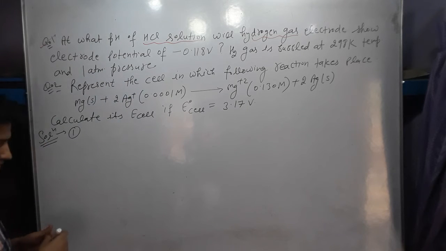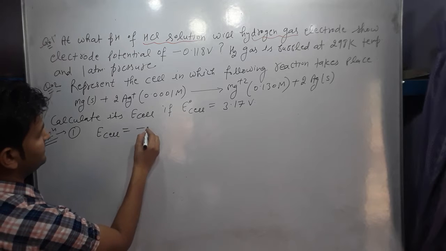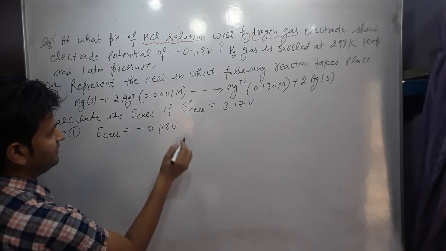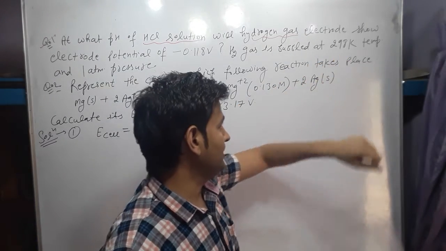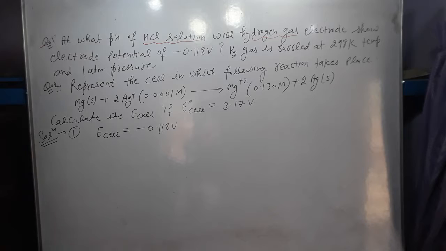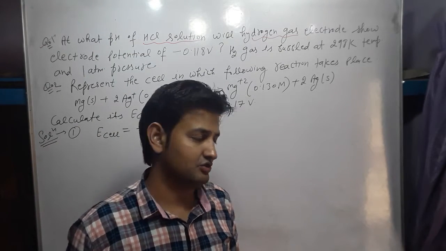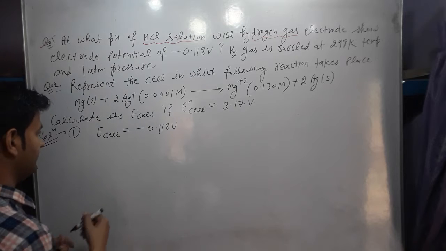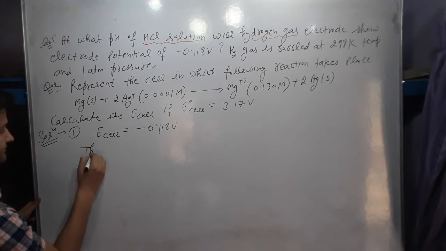The electrode potential value given here is EMF of minus 0.118 volt. Hydrogen gas is at standard condition, 298 Kelvin temperature and pressure of 1 atm. When HCl breaks down, it gives H plus and Cl minus. So the hydrogen undergoes reduction, and we can say the electrode reaction is